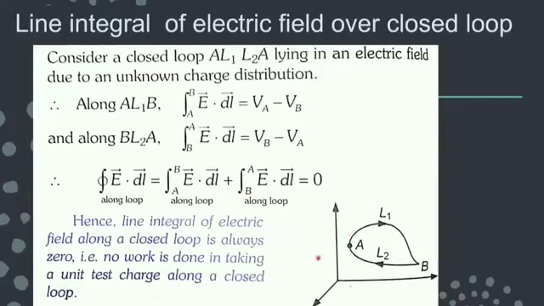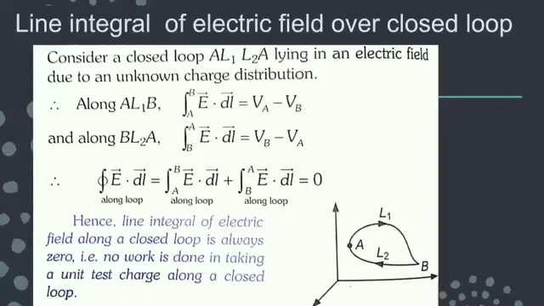So you can say that no work is done for a complete cycle, and hence the electrostatic force is conservative, because electric field is because of the electrostatic charge. We are talking about the charge from the very beginning. All the things are in relation with each other. You should be able to make out the things.